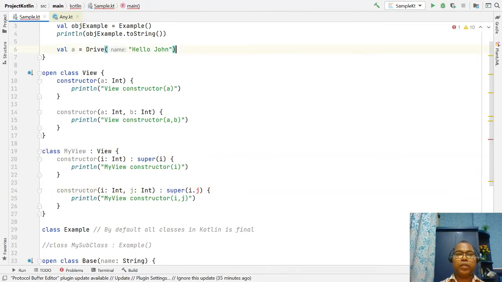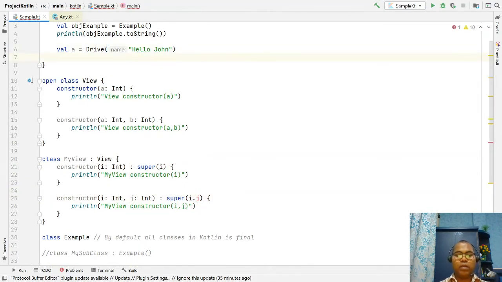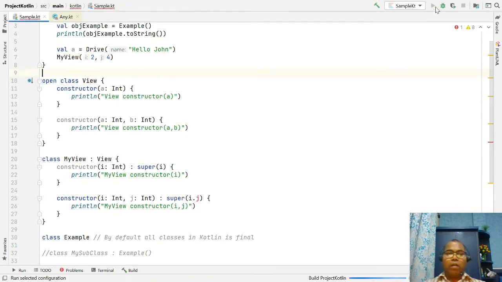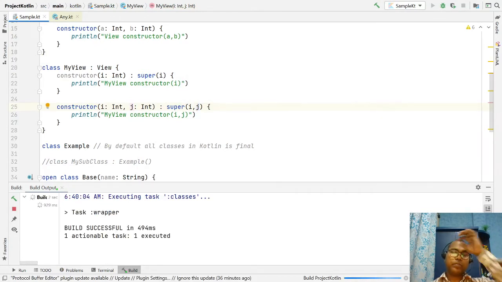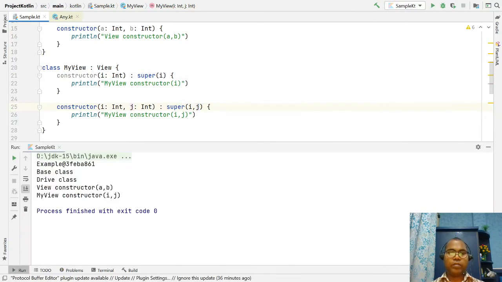Here you can say MyView, let's pass 2 comma 3. So here first your View class constructor is invoked, and then your MyView class.